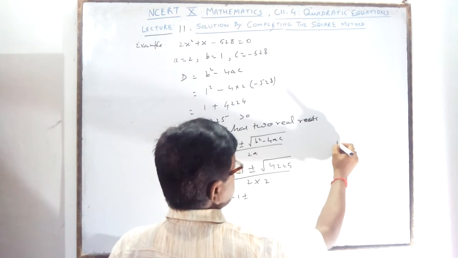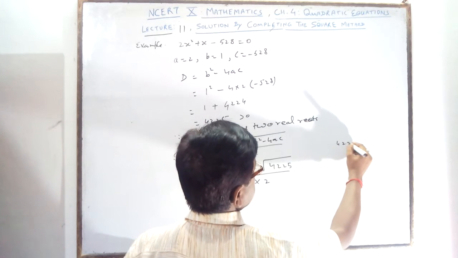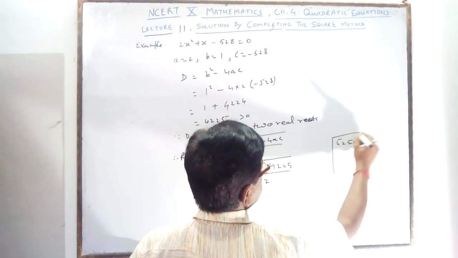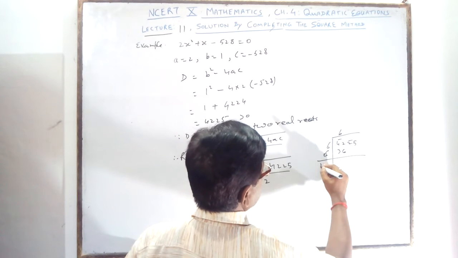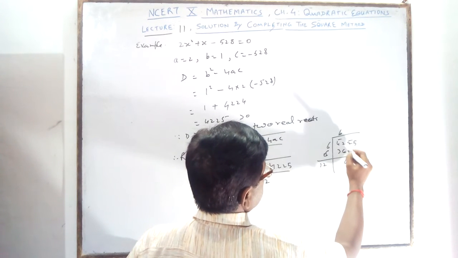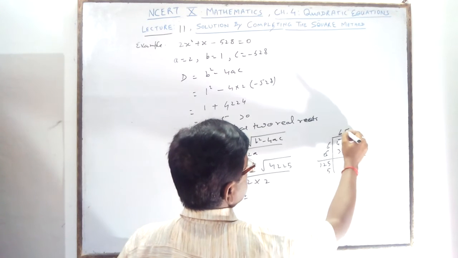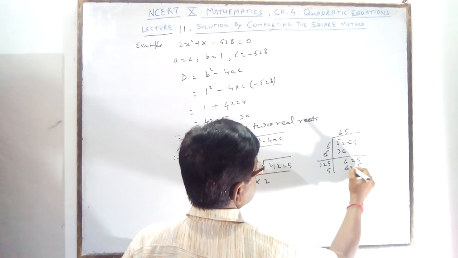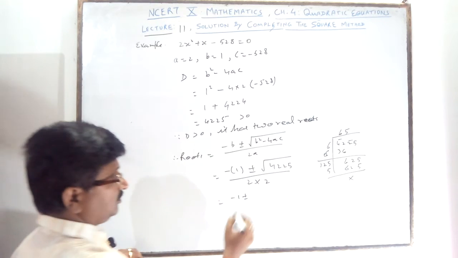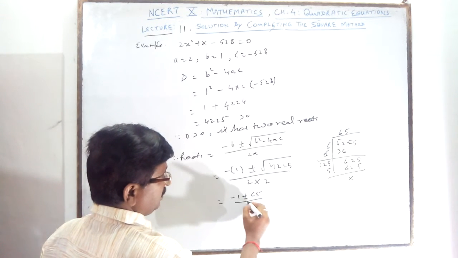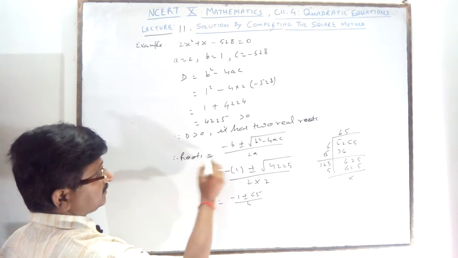If you don't know, you can find the root by the square root method. 6 6 is 36, I hope you know. 5 5 is 25, 65 you are getting. So what is the square root? By this method you find out if you don't know. Upon 4. But here plus minus is given, so you can't get roots.